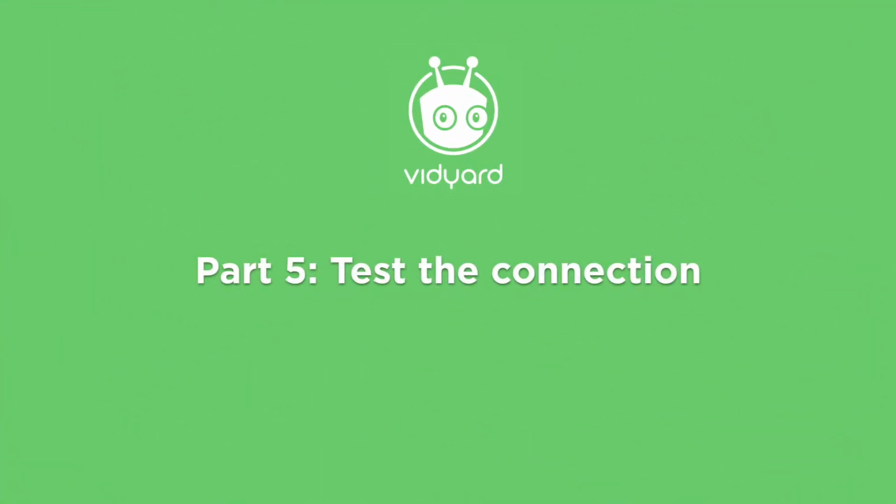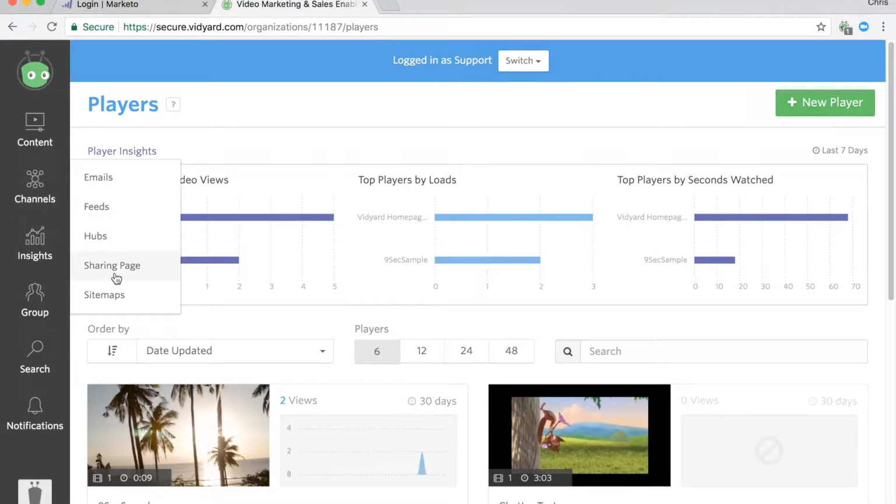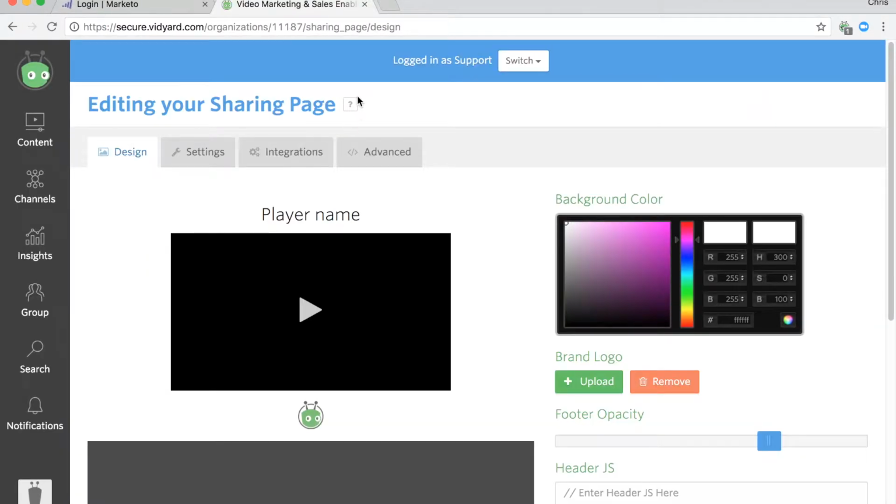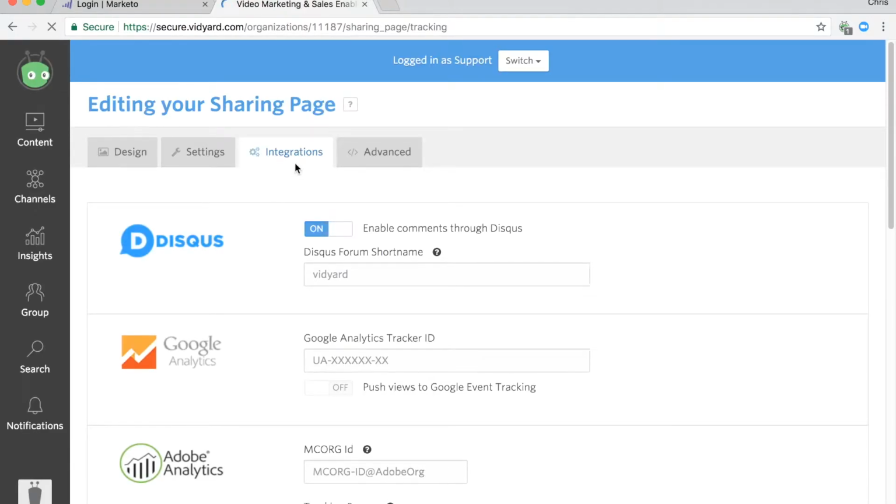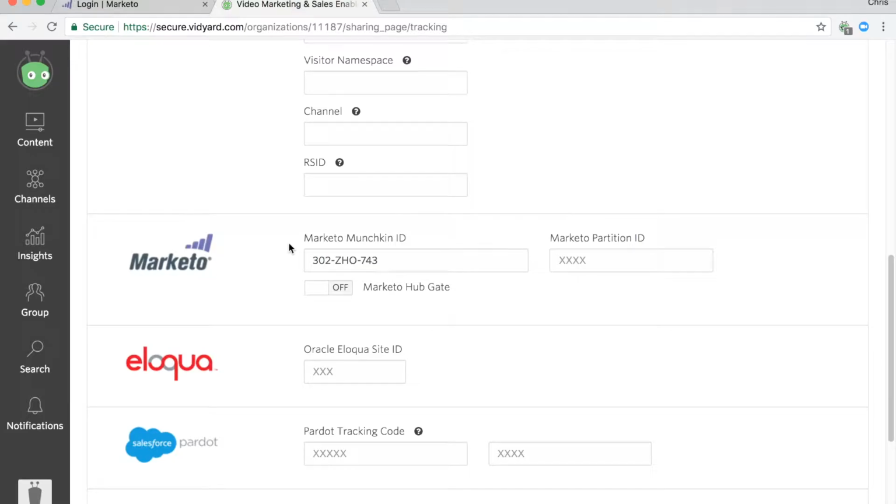The final stage is to check whether data is passing correctly. Before we can test, we need to set up the Munchkin ID on the sharing page. To do this, press Channels, hit Sharing Page, and then go onto the Integrations tab. When you scroll on here, you should see Marketo. If the Munchkin ID is blank, fill this in with your information and then press Save. If you do not wish to have this on your sharing page in the future, we can remove it after